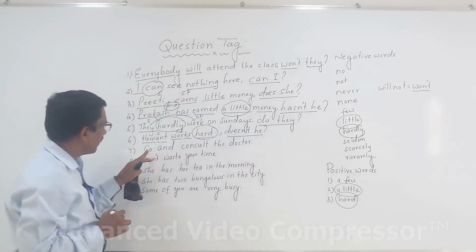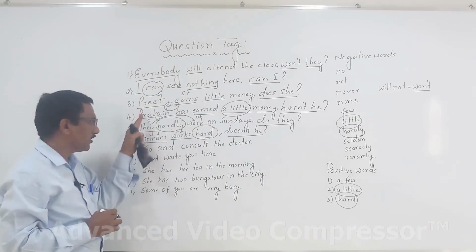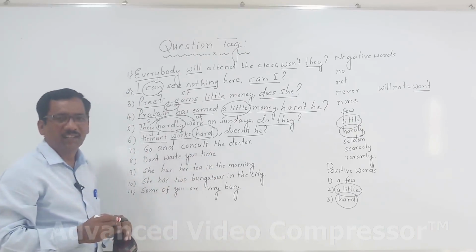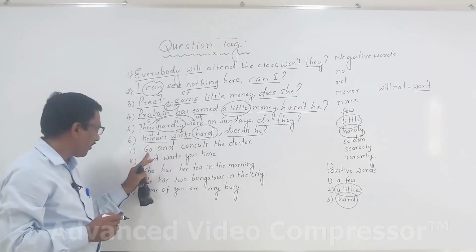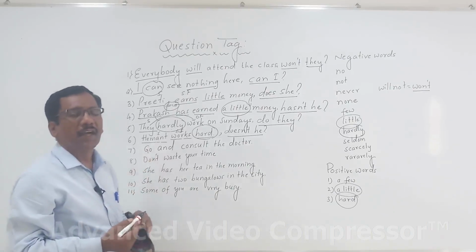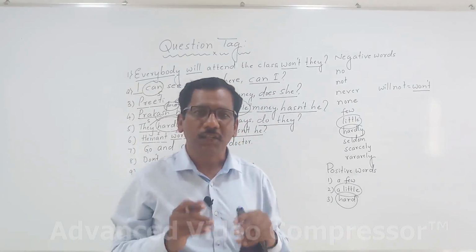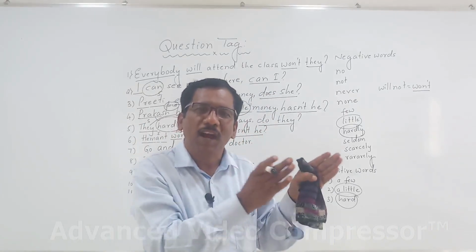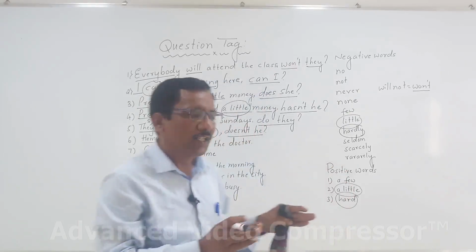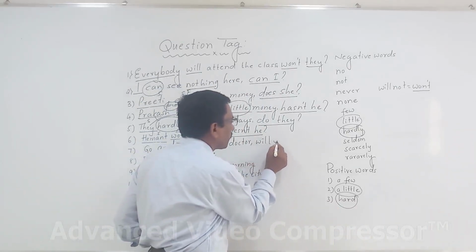Okay. Now, see the seventh example. It's totally different from the rest. Go and consult the doctor. This is an order. Begins with main one. Go and consult the doctor. It's an imperative sentence. Okay? Whenever the imperative sentences are given, and if you want to add a suitable question tag, please remember, you have to add the question tag will you,